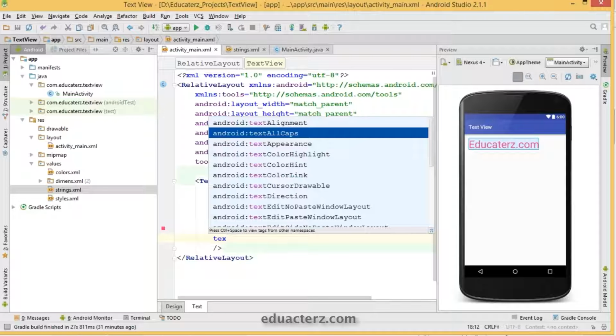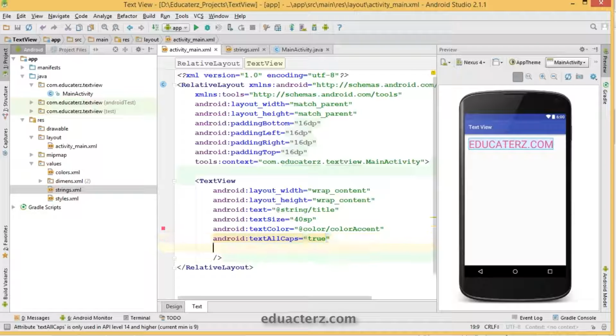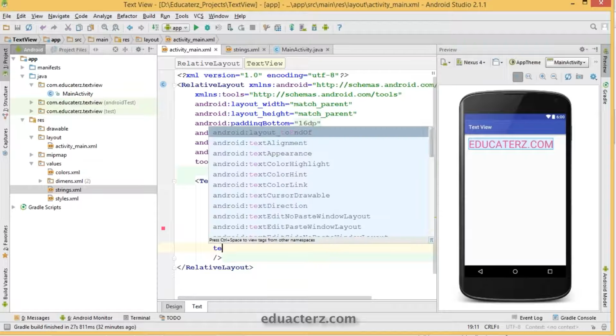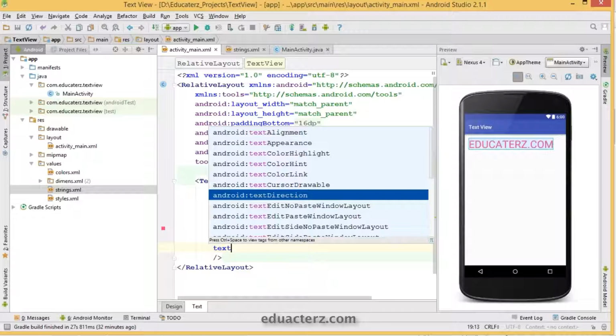So text all caps. All of the text will be capitalized. It's a Boolean value, true or false. Set it as true. Automatically, all the text will be changed to uppercase. Okay, and the next, the text style. You type with text and check it out. You can even give your text direction.